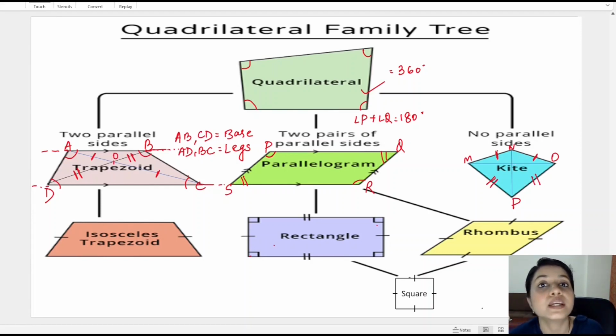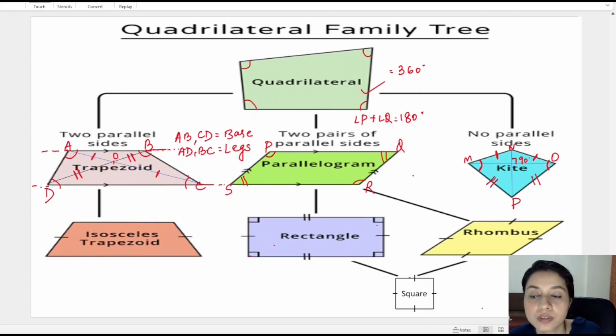Diagonals of the kite intersect each other at right angle, or 90 degrees. So in between both the diagonals we will get 90 degrees. In a kite, the angle between two different length sides, so different length sides means MN and PM are of different length, right? So the angle between them, angle M, and the angle between NO and OP, that means angle O, will be equal